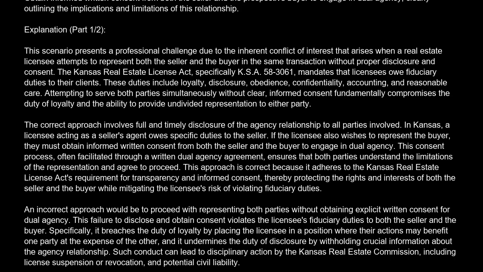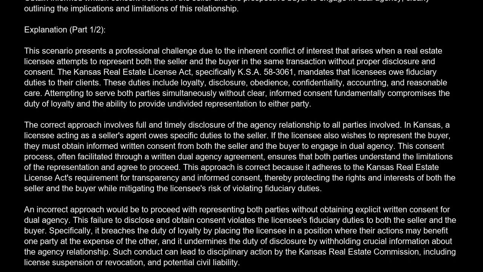In Kansas, a licensee acting as a seller's agent owes specific duties to the seller. If the licensee also wishes to represent the buyer, they must obtain informed written consent from both the seller and the buyer to engage in dual agency. This consent process, often facilitated through a written dual agency agreement, ensures that both parties understand the limitations of the representation and agree to proceed. This approach is correct because it adheres to the Kansas Real Estate License Act's requirement for transparency and informed consent, thereby protecting the rights and interests of both the seller and the buyer while mitigating the licensee's risk of violating